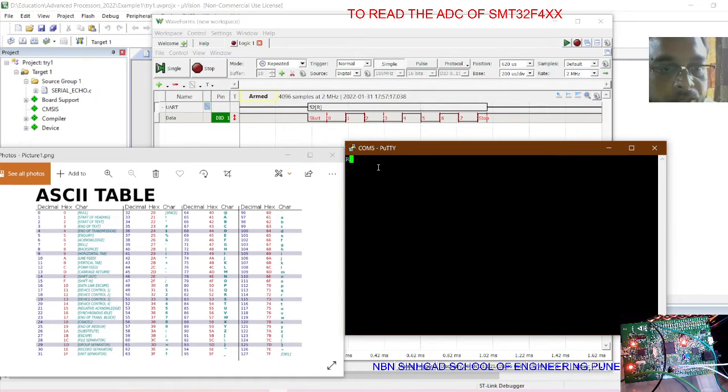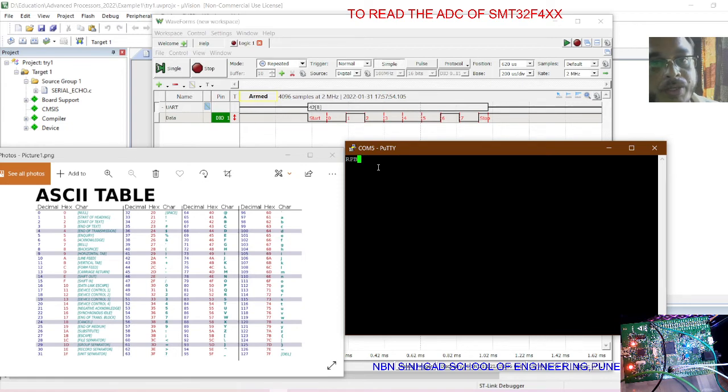Let's check another code here. For example, if I press P, now it has changed to 50, and yes, it is 50. If I change it to, let's say, B, yes, now it's 42. The blue LED is turned on and now you can see the blue LED's 42 value is there in the